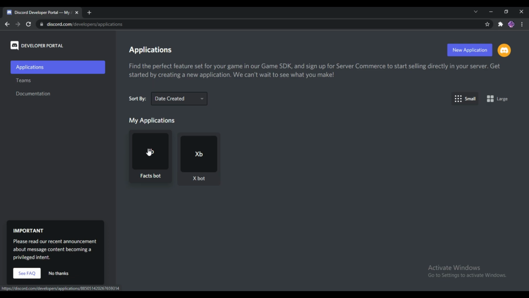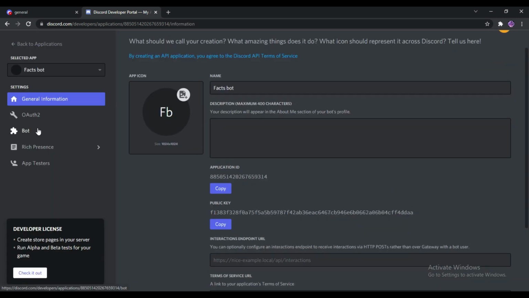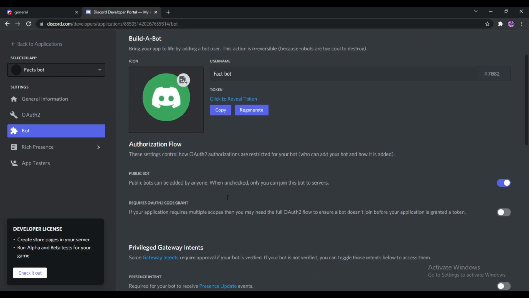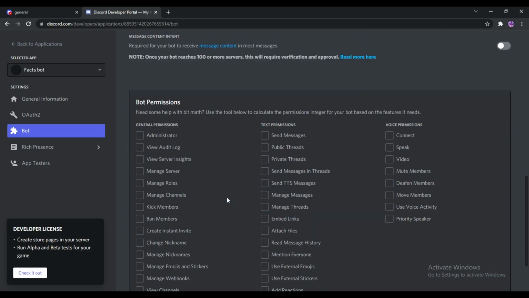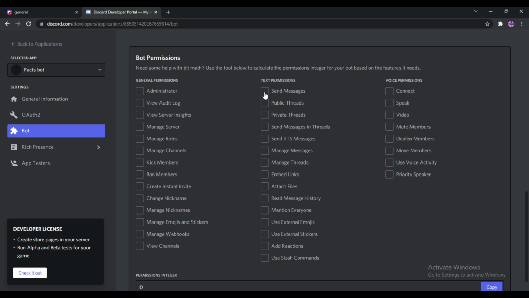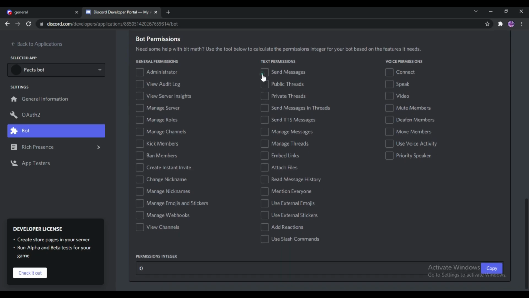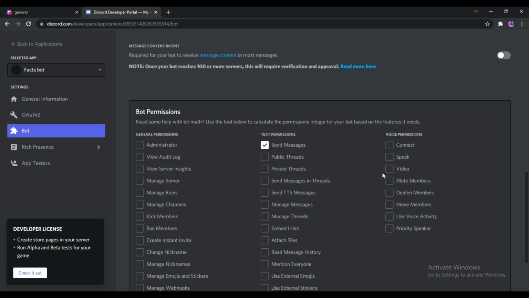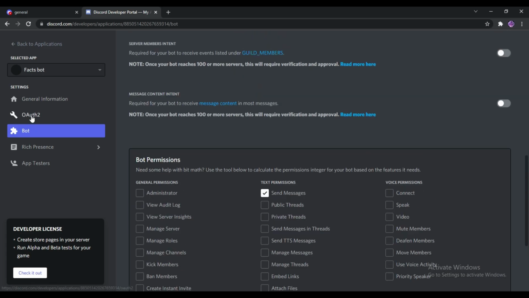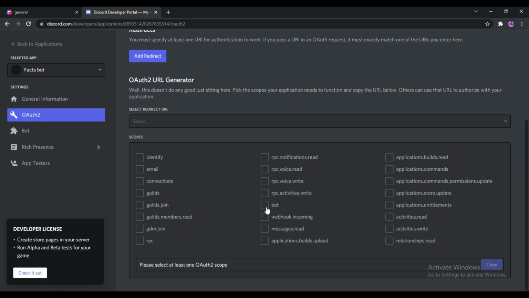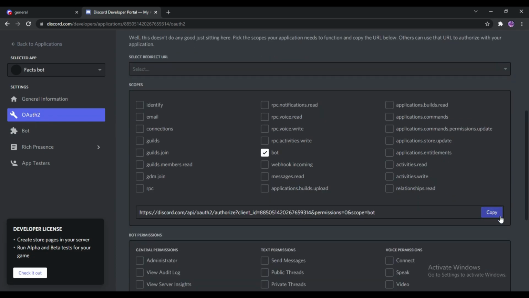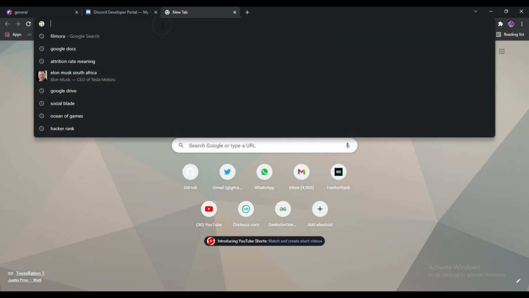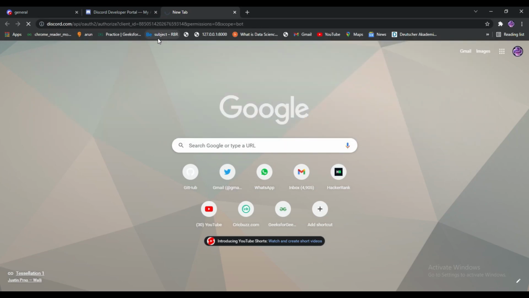Now we need to set up a few things for making this bot. You can see here there is a bot option in the settings menu. You need to click that first, and then you will see this page showing the permissions that your bot actually needs when it is deployed into the main server. So you need to check what your bot needs. Once you're done with this, you have to connect your bot to your server. This is the only method you have to follow to connect your bot service to the server.